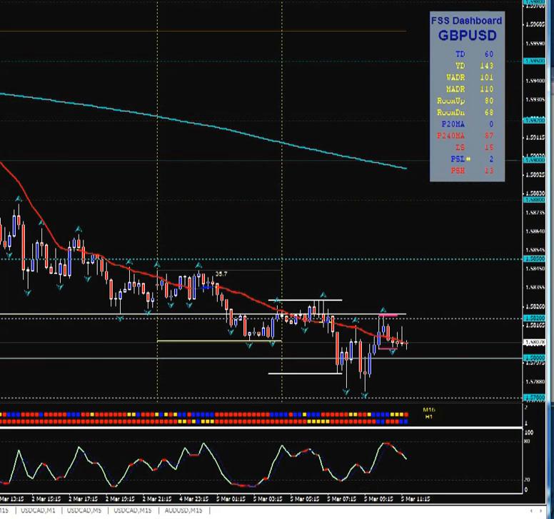Let's take a look at pound dollar. Again, Friday's low there in yellow. We've broken through it, then we've retested it. We formed a 4-hour high, and yesterday's low, which is now acting as resistance, was support but now resistance, and price fell off, and you could have done an FSS trade there with this reversal candle,